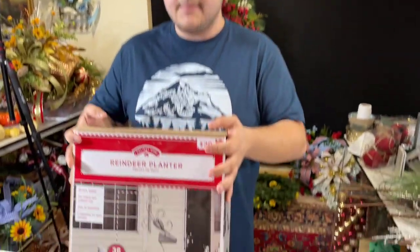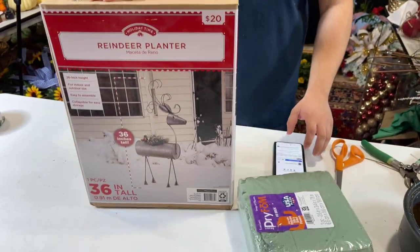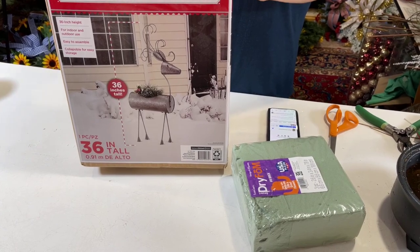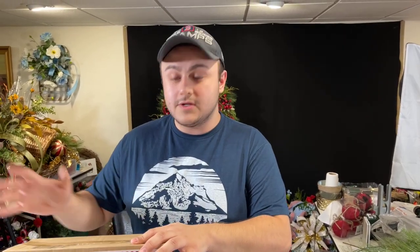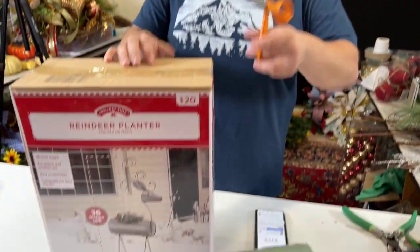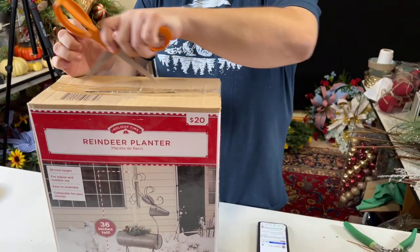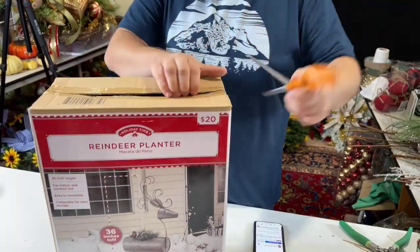So we're going to be designing on this reindeer right here, and some of you guys may remember it from last year. We actually created this idea in the exclusive wreath community, and then I've seen so many other designers create their versions, and there's so many different designers that have spray painted them and created the coolest combos. So tonight I thought we would make the silver one. So we're gonna just break this open. It's been a long time since I've made one of these, you guys. So let's see if we need any pliers or any,